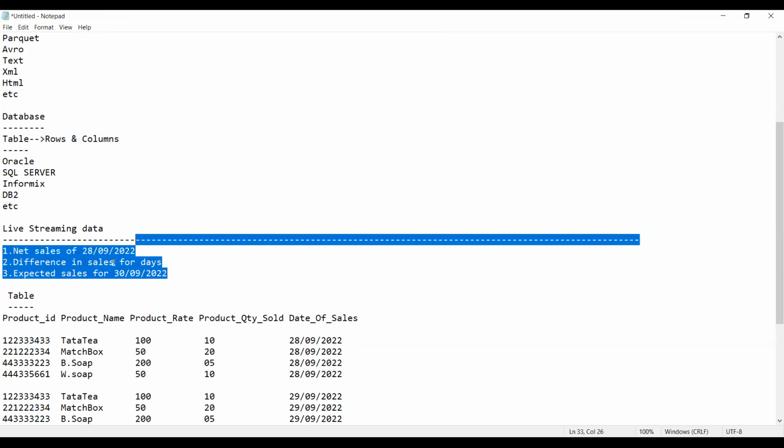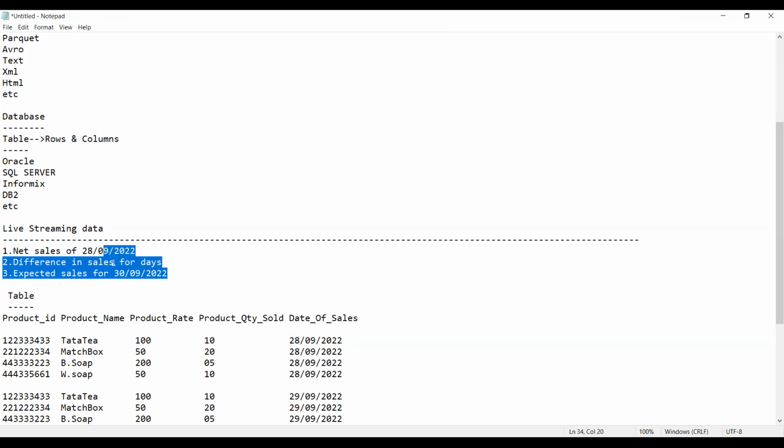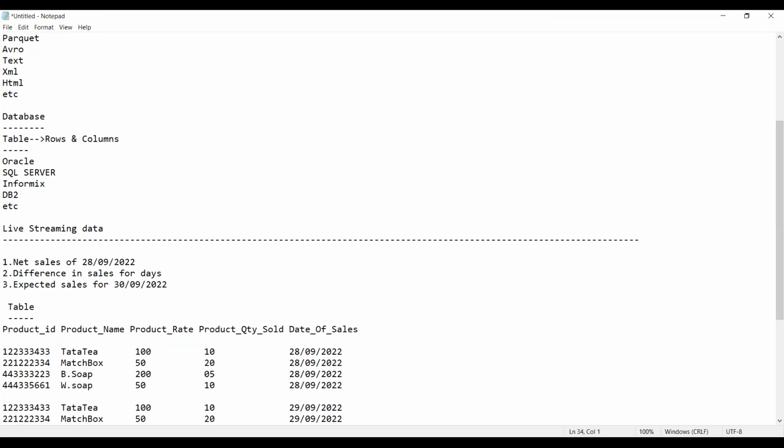These are the 3 queries you have to solve. These are the 3 queries which you received from the client. Getting my point? You have to work on this as a data engineer. Tell me now, how do you move further as soon as you get it? First of all, tell me, did you understand this point or not? Yes, this is the main part.